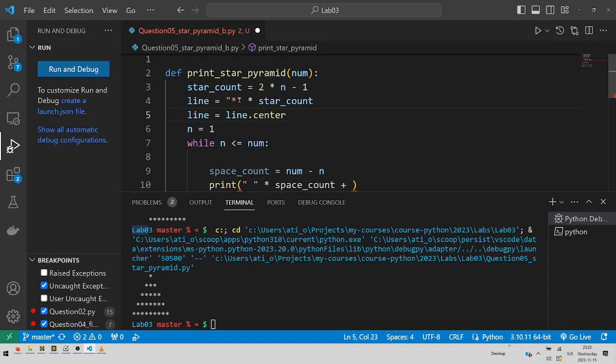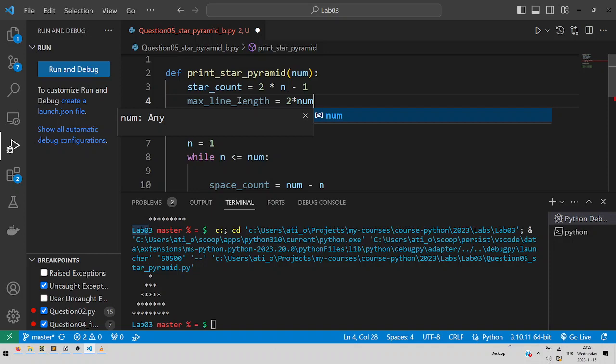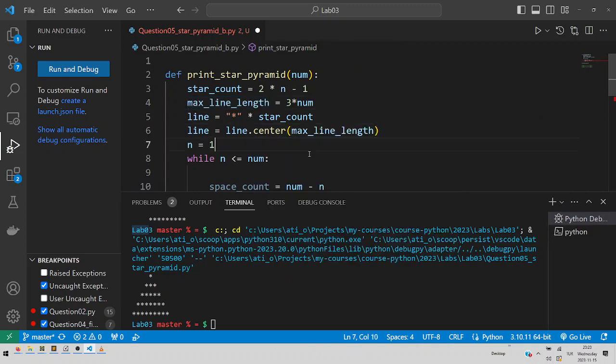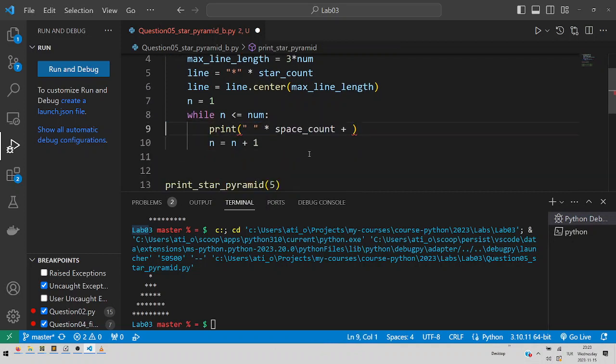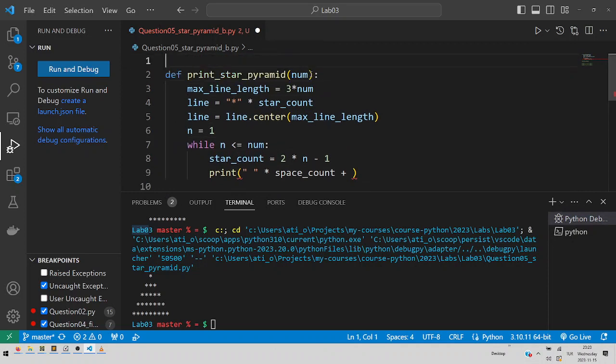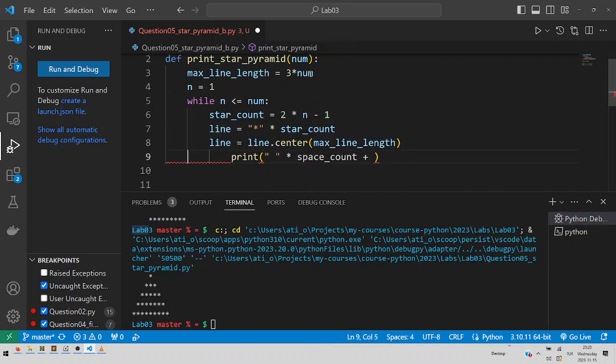Okay, center. And what is the maximum line length? Maximum line length equals 2 times num, 3 times num, I think. And here line equals to